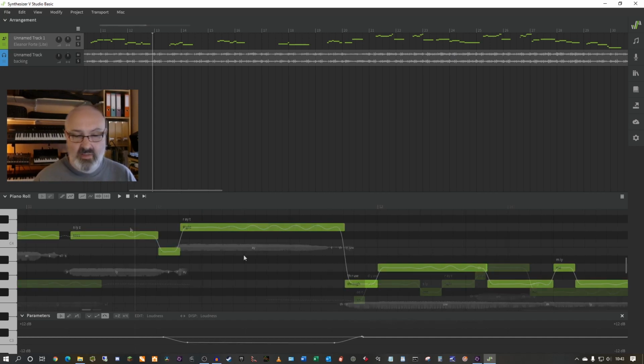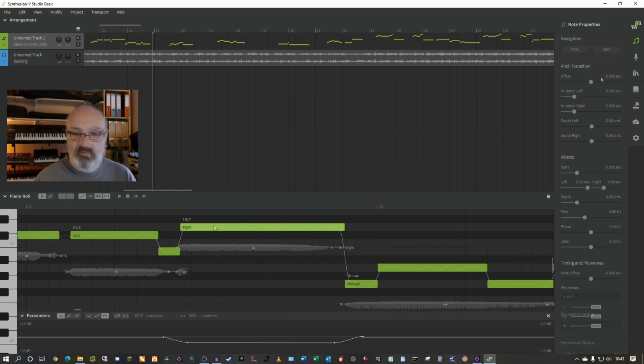So maybe what I should do is go to the note, right, so now I can actually make some changes on the note. I'm finding the depth is a little bit too much on that one, so let's see if we can get it down to something like that. Sees right